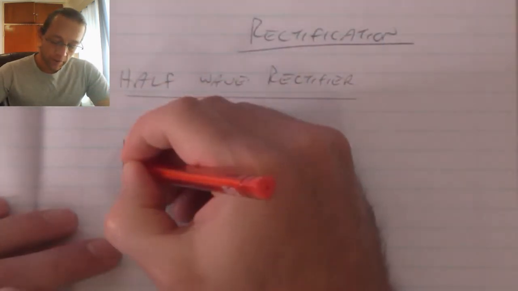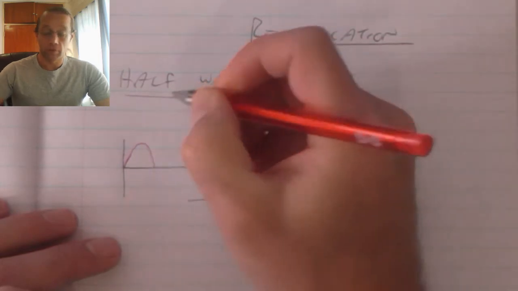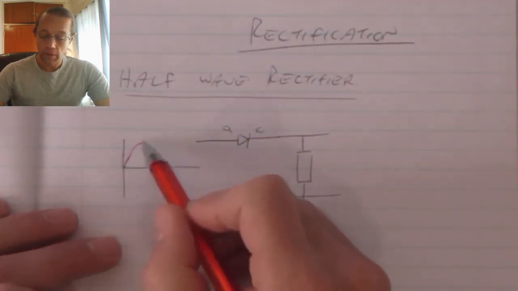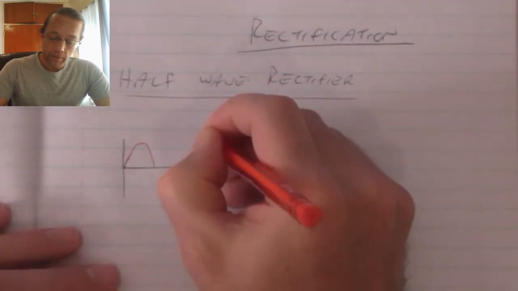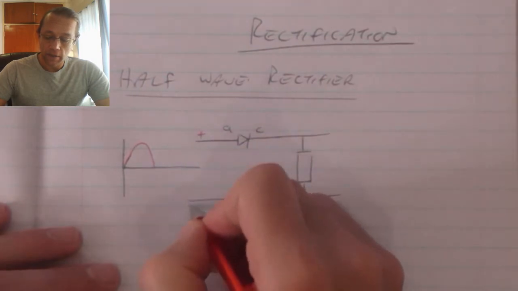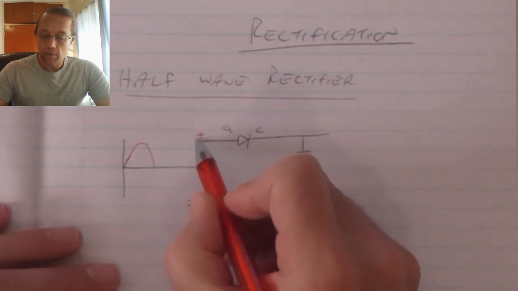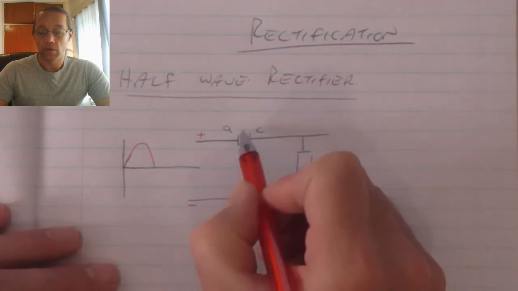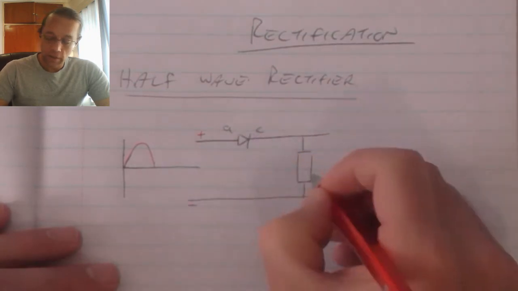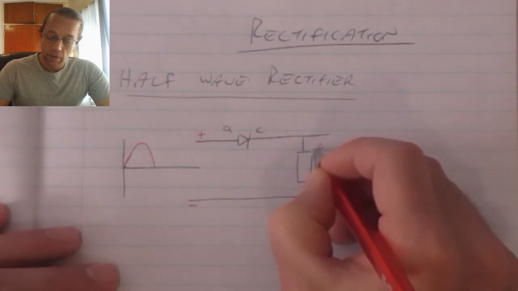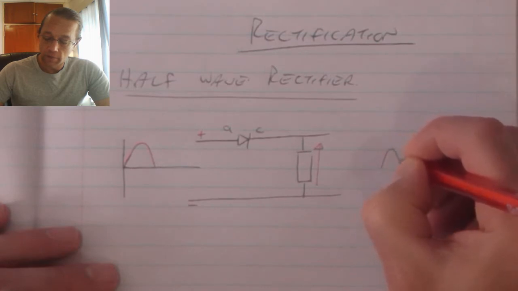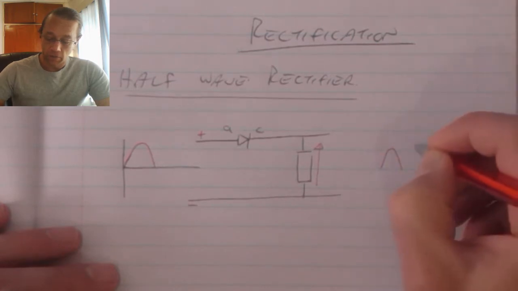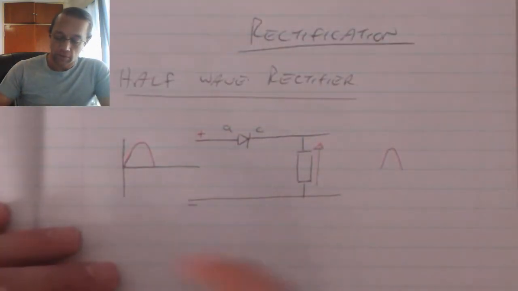Now when we supply the positive half of the sine wave, this we would get from a transformer. When we get the positive half cycle of the sine wave, we will have a positive on the top there and a negative at the bottom. Now because we've got the positive on the anode, the diode wants to conduct, and as it wants to conduct, electrons can flow upwards through the resistor, and as a result on the output I would measure the positive half cycle of the input. When I go into the negative half cycle